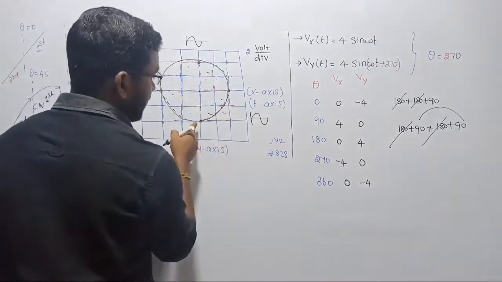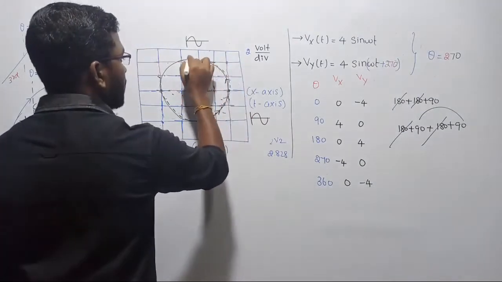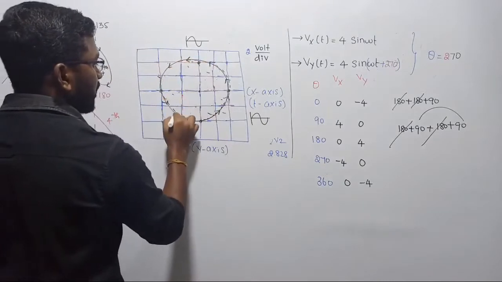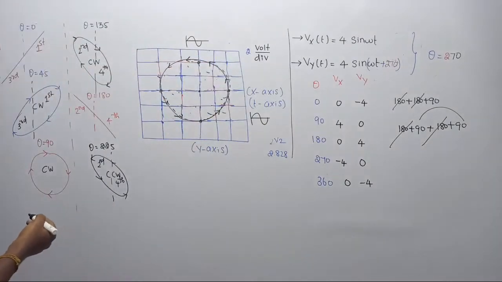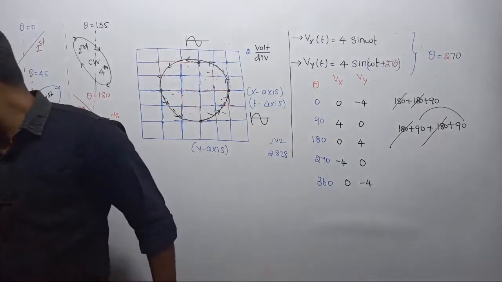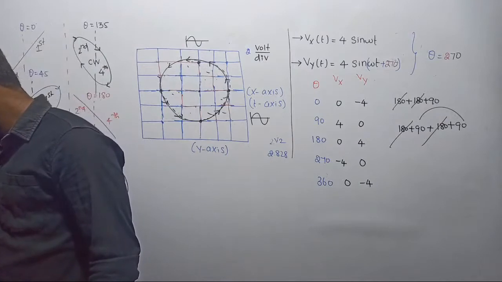This circle, see, I had started here. I am traveling like this, reaching this point, this point, this point. See there, I am making a complete circle here. So what is the conclusion? At theta equal to 270, is this visible to you all? Let me come back. Listen. One second.